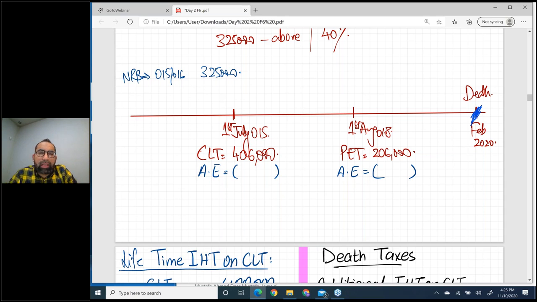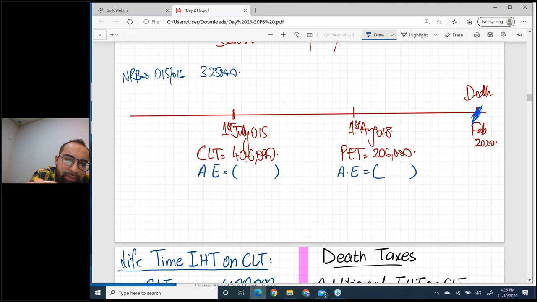So the first gift he did is a CLT on 1st July 2015, and this CLT was 406,000. Hope you remember the annual exemption. He gifted only these two gifts. 1st July 15 lies in the 15-16 fiscal year, and before that there is the 14-15 fiscal year, in which there is no other gift. So you have the unused annual exemption of last year, which can be used this year. So 3,000 of last year and 3,000 of this year makes 6,000. So 406,000 less 6,000 will make